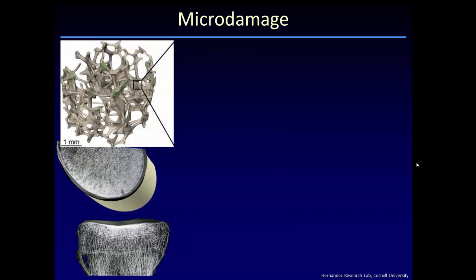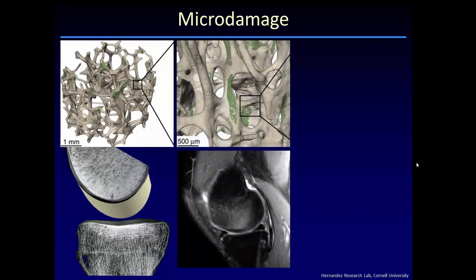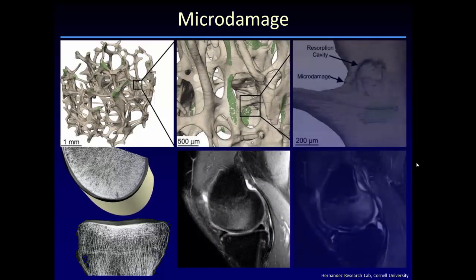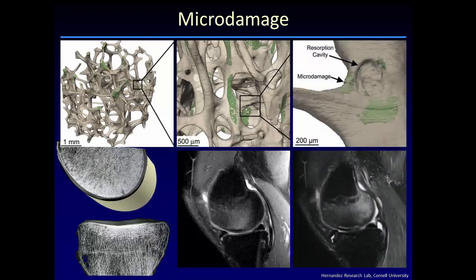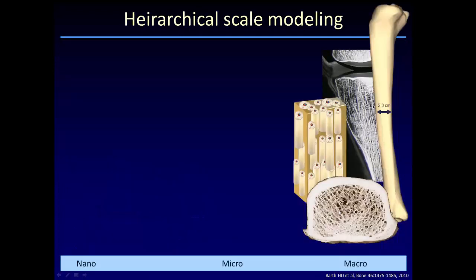So microdamage takes place in the scale under 1 millimeter, in the range of 100 to 500 microns. And it takes the form of microcracks in the bone that are resorbed by your body as part of the healing process. And if this microdamage accumulates, in its initial phases we'll see mild edema, subtle cracking starting to take place at the subchondral bone, but if you don't rest, the injury will wind up completing itself and developing a